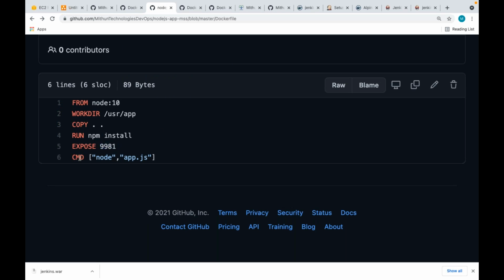Now, when this command will be executed, what is this node app.js? It is like the java -jar command. So how to start a Node.js application? Can I mention node and the main script name? That application has to be started. So using this Dockerfile, if I create an image and create a container out of that image, will that Node.js application be up and running